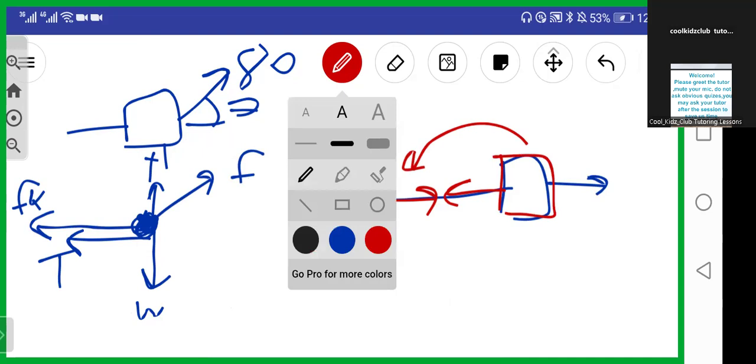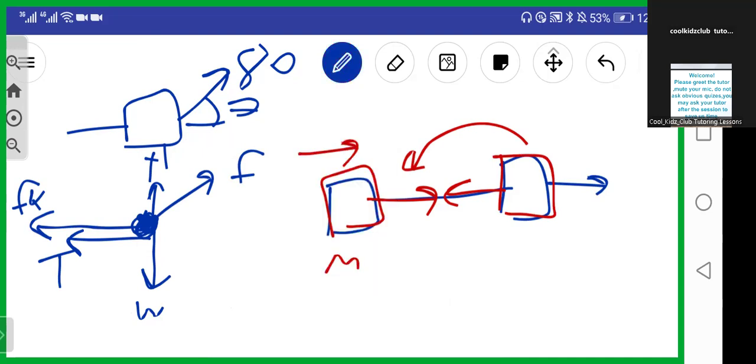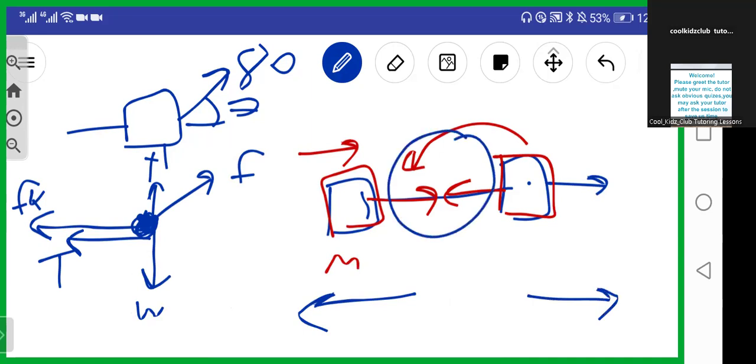So it's as if the 5 kg block is trying to pull back and the 8 kg is trying to pull forward. That is why it will appear as if the tension forces are going in different directions. This is because this box is being pulled by that force on that rope, and now the 8 kg block,